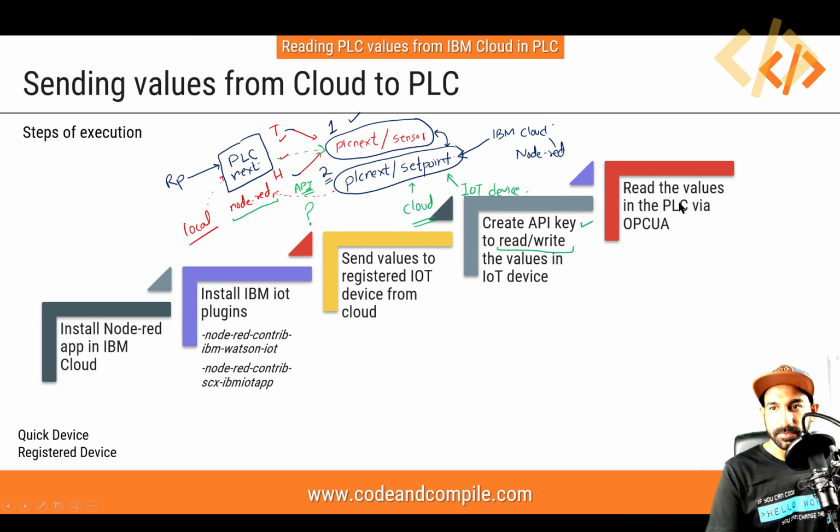So the last step was read the value in the PLC by OPC UA. So this was, or generally it's actually not read. So this is write the value. So we have seen in step-by-step approach, it's kind of complicated. Maybe you have to watch the videos again, how to push the value from PLC to the cloud and how to push the value from cloud back to PLC. This was the idea of this lessons.